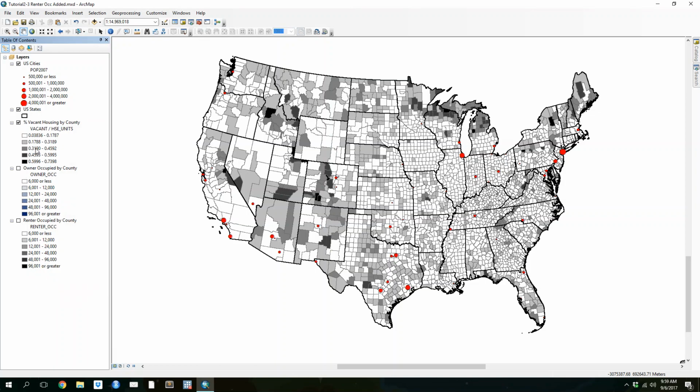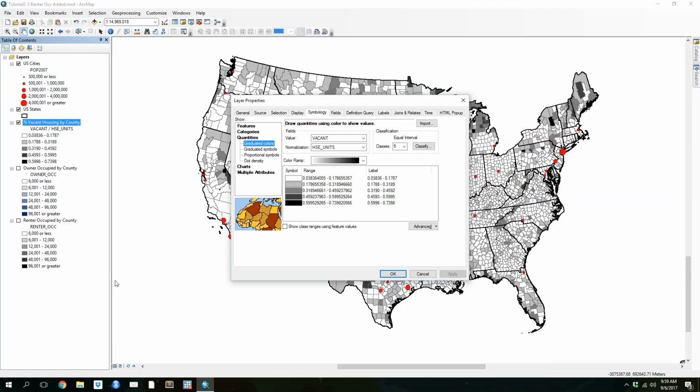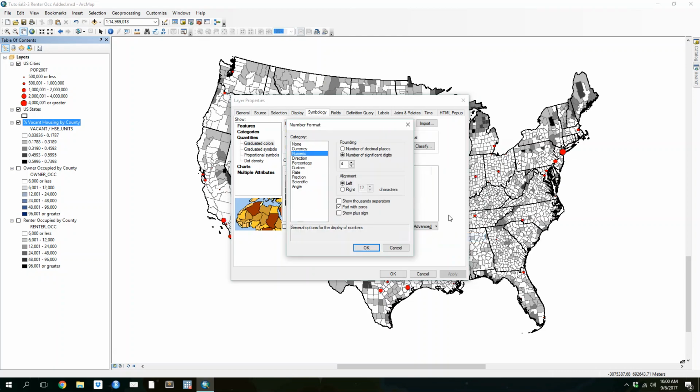But as you maybe can or can't see, these are in decimal form. And so if we want to actually display them in percentages, which we would want to on an actual map, we can go and futz around with the thing. So we've been using numeric. We can click over under percentage, and